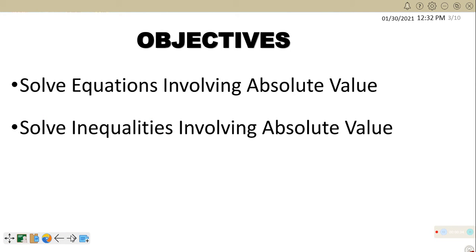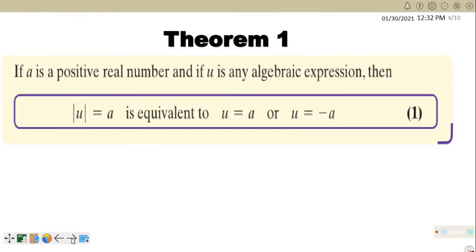So our objectives for this lesson are solving equations involving absolute value, that is inequalities particularly, and solving inequalities involving absolute values. So we have theorem number 1. There are theorems guiding the application of absolute value in inequalities, and the first theorem states that if a